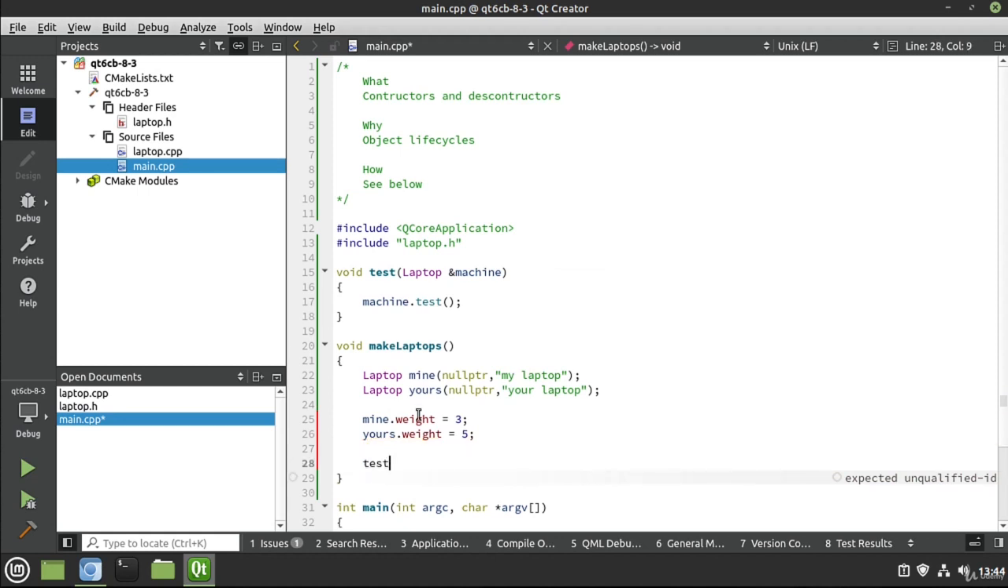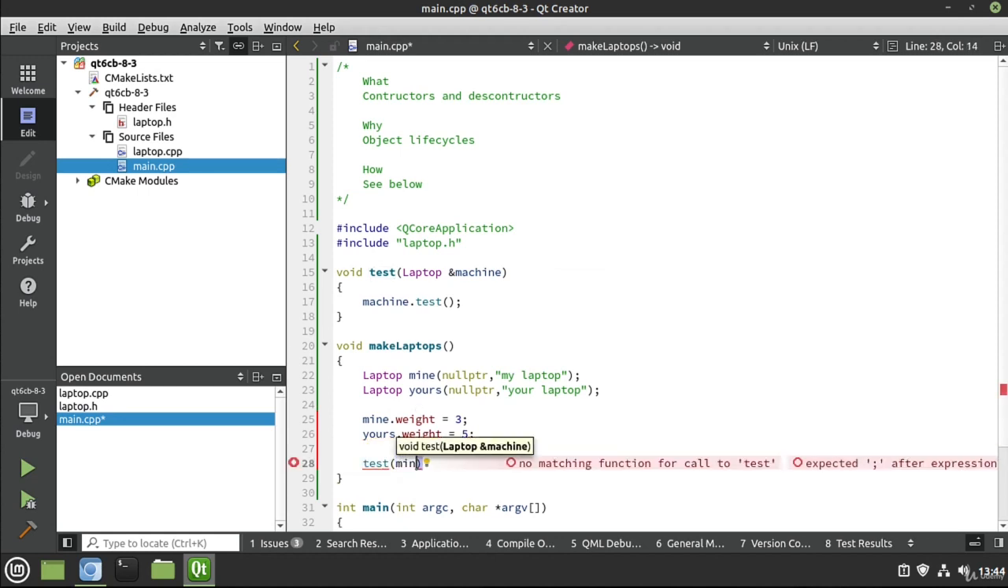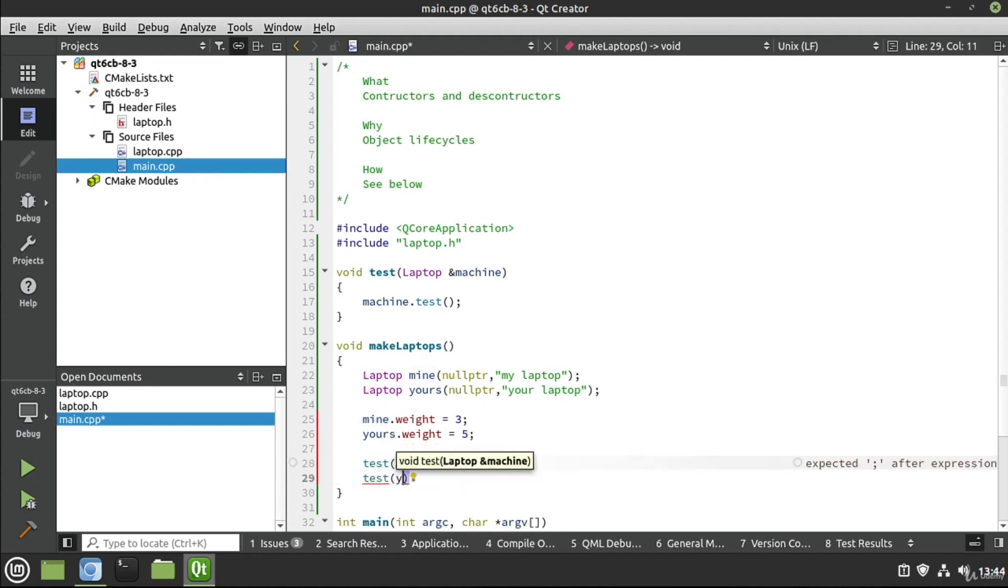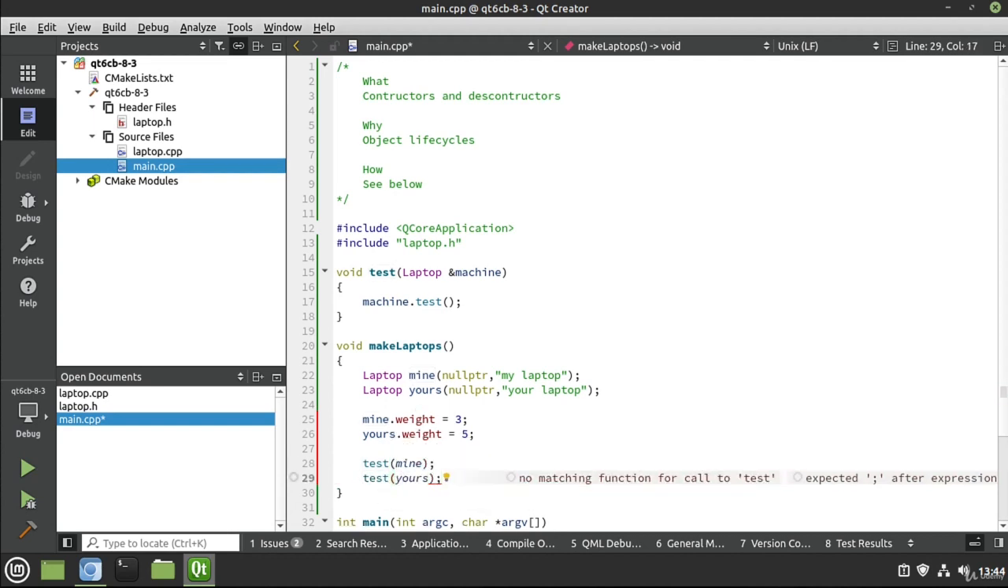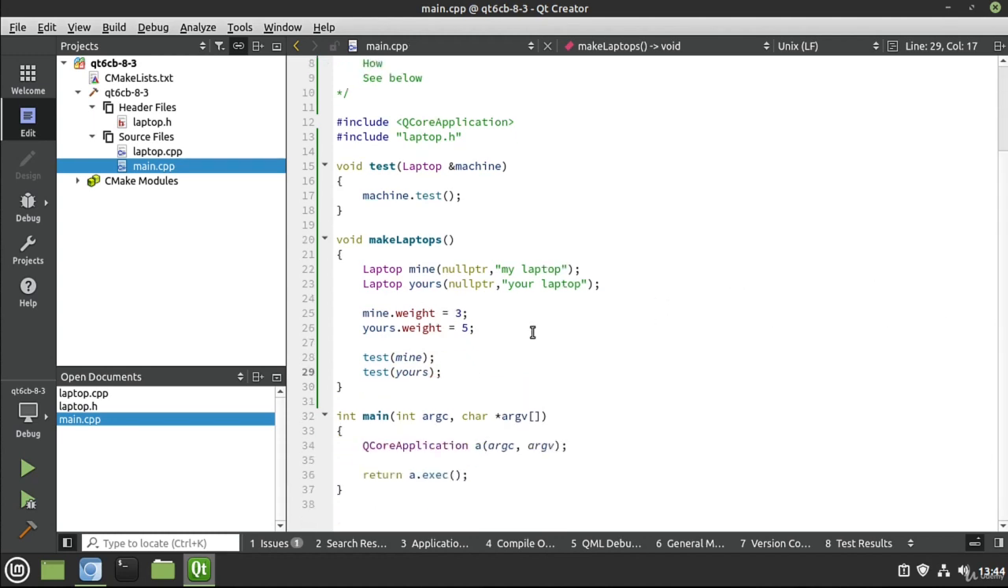Now let's go ahead and test these. So I'm going to say test mine and test yours. Now there's a bit of magic going on here. We're doing this on the stack. We're talking about memory now. So